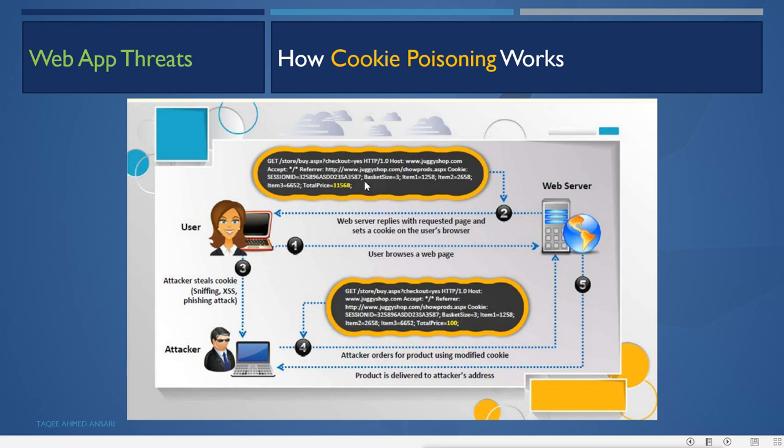Only the order is modified, like the items, the number of items and the total price. The product is then delivered to the attacker's address; it changes the address and other information, and sends the order to the server using the session ID of this user. So the server feels that this user is ordering something, only the address is different.